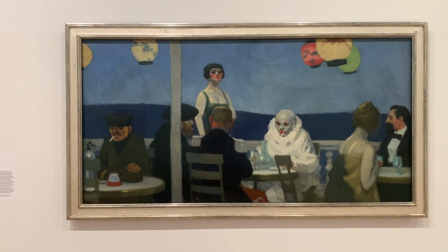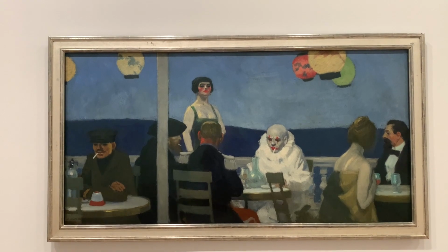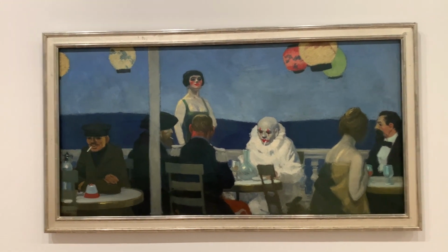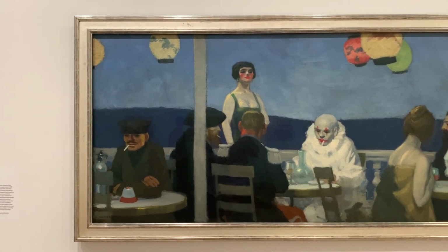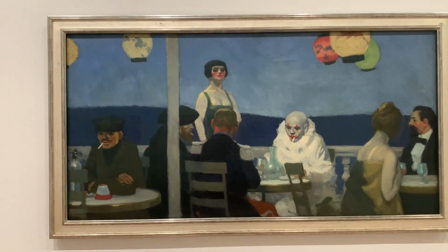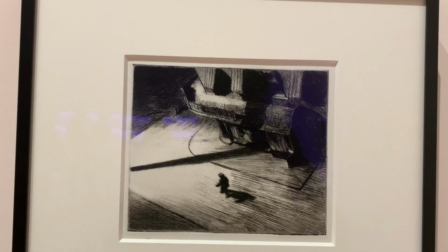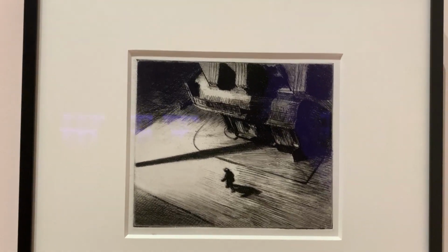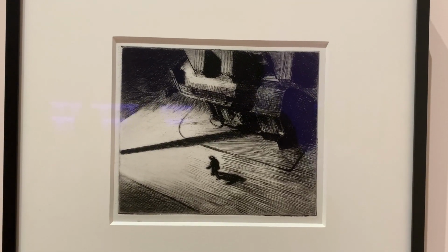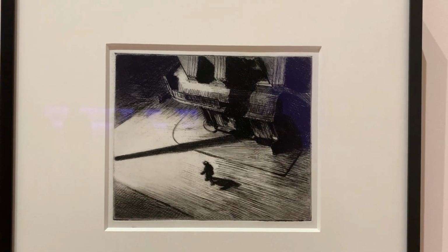Edward Hopper took a lot of trips to Paris. He loved the city of Paris, and a lot of his paintings are set there, including this one called Soirée Blue. Here we have one of my favorite sketches by Hopper called Night Shadows, 1921. I just love this drawing. It's just so emotive. They say that the shadows are the soul of an image,